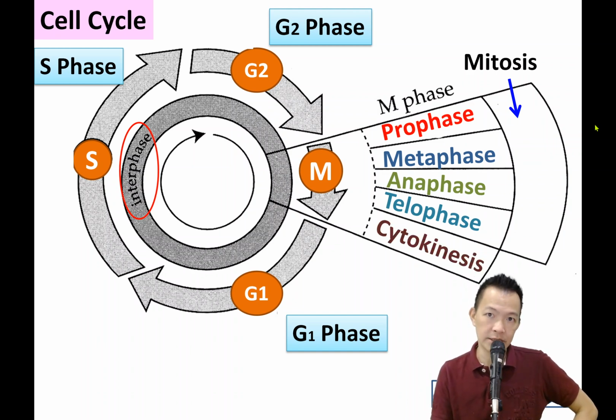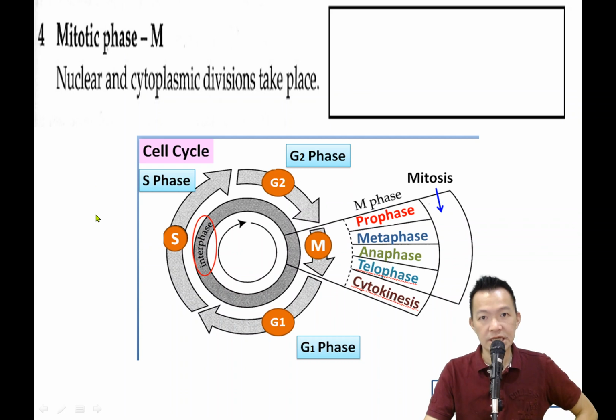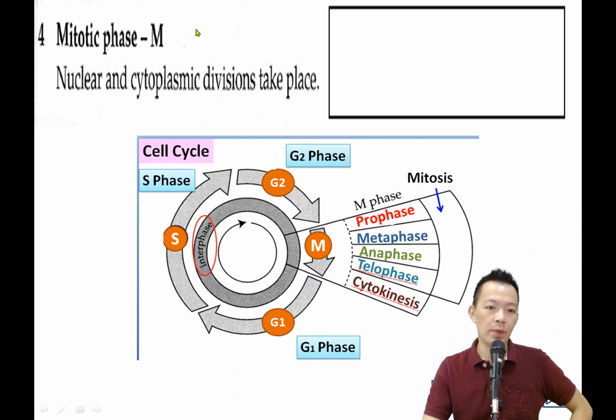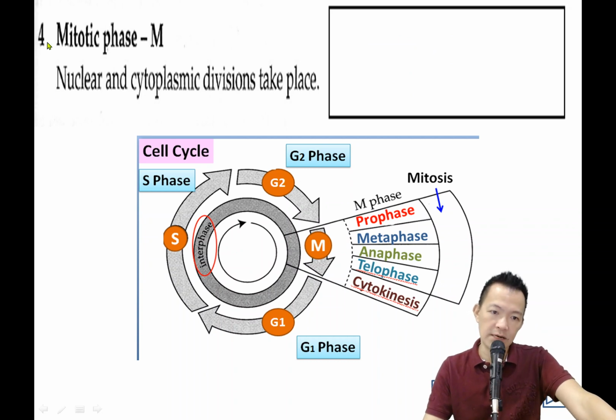And after the nucleus completes its division, finally it will go to another process called cytokinesis. They separate the cytoplasm, divide the cytoplasm, and from 1 cell become 2. 就从1粒细胞变成2粒细胞了. And now look at the diagram again. Mitotic phase 就是 mitosis 的阶段呢. Nuclear and cytoplasmic division take place. Nucleus 分解, cytoplasm 分解. But remember, again I repeat, when they divide the nucleus, we call the process karyokinesis. Nucleus 被解散的时候就叫 karyokinesis. Cytoplasm division we call cytokinesis.